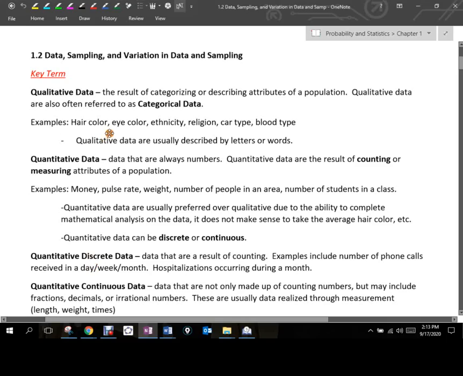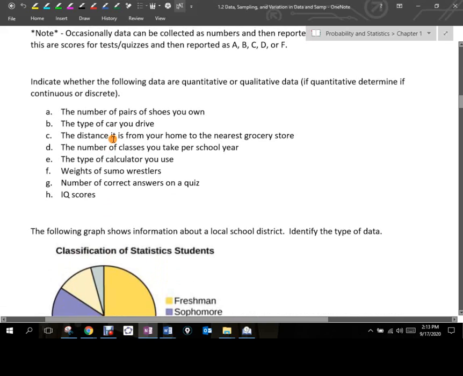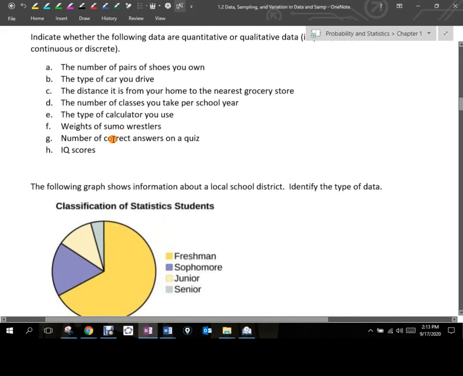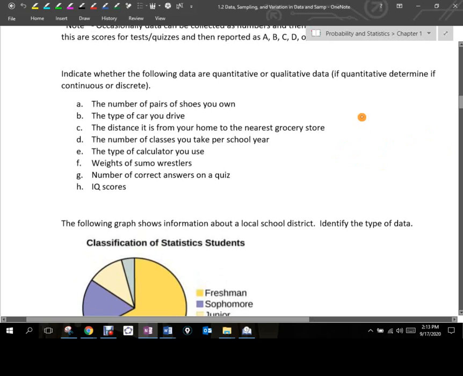I'd like to pick up where we left off yesterday. Remember, we talked about quantitative and qualitative data. Okay, and if we think about it, we can create a structure. We can create kind of a flow chart of our data, where you just have our overall data, and it's going to be broken down into two categories: quantitative.